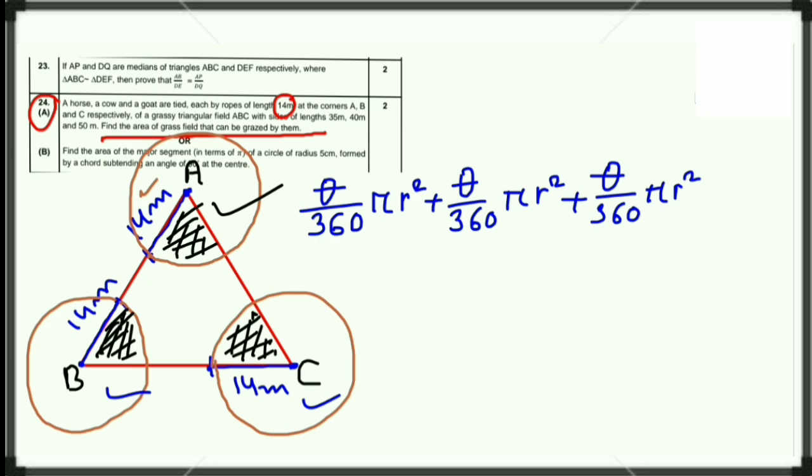And students, here the value of theta hasn't been given, but we know that this angle